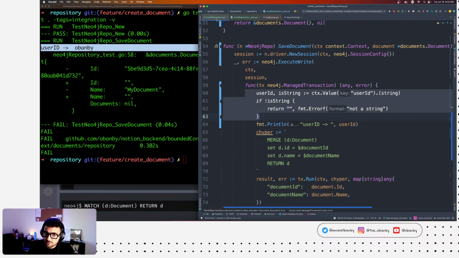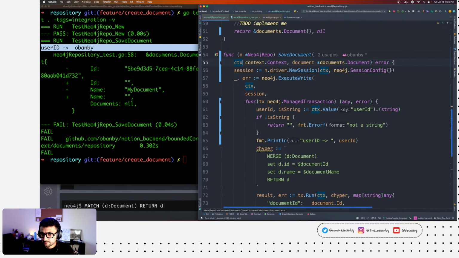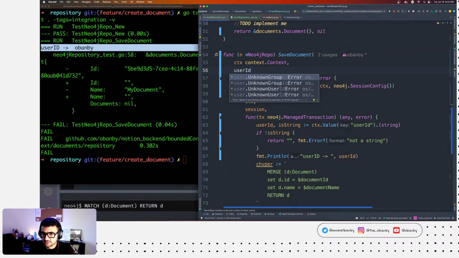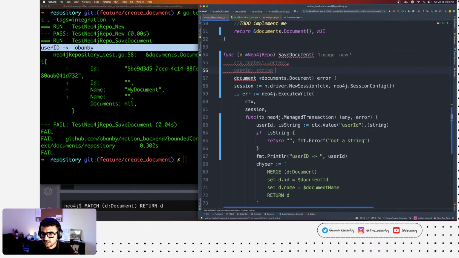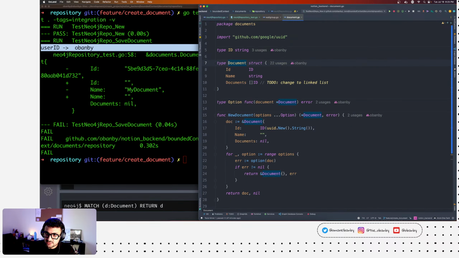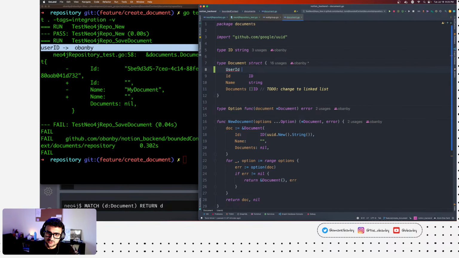So another approach is of course to pass the user ID explicitly, right? And you can just straight up use it, and you don't even have to do type checking or anything like that. And a third approach is that whenever you're creating a document, you associate it with a user ID. That actually might be a very good thing to do, right?